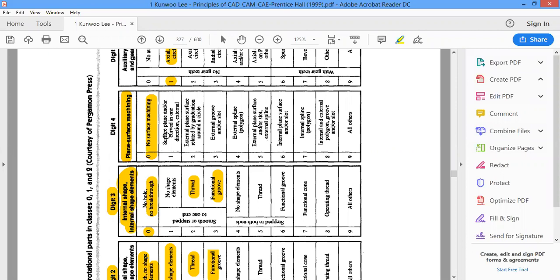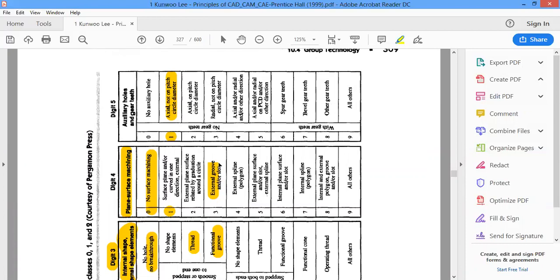In those cases they will use the 0 code. When the surface is plane and has to be curved and so on, you can go for 1, and where there is an external groove and a slot to be prepared on the workpiece, we'll have 3.